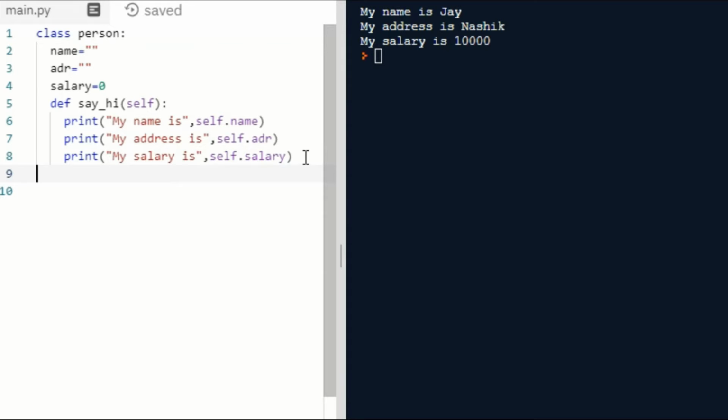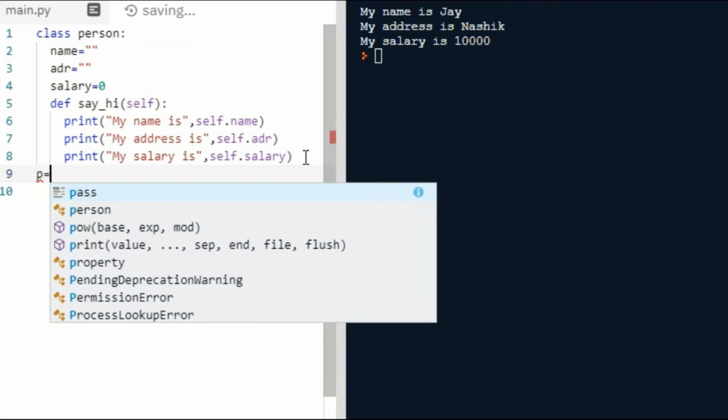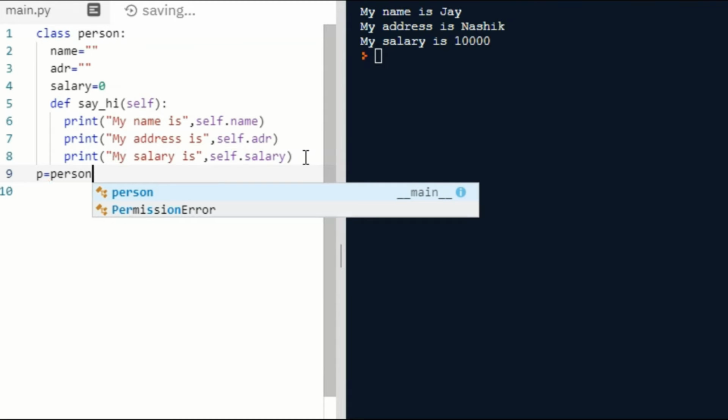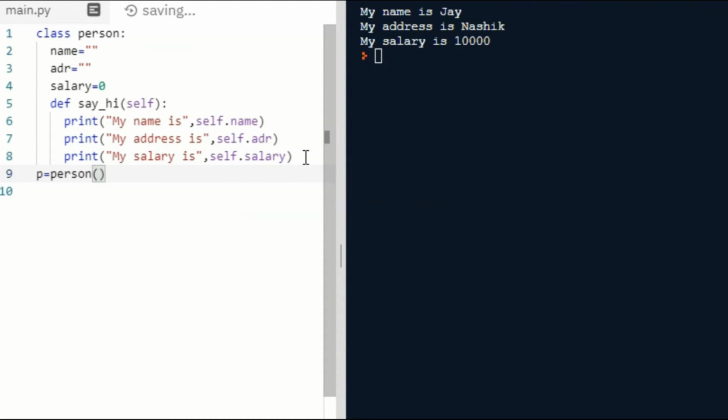Now let's create an object of class person, say P. So outside the class in the main module I am writing P, the name given to the object, equal to the name of the class, that is person, opening closing bracket.